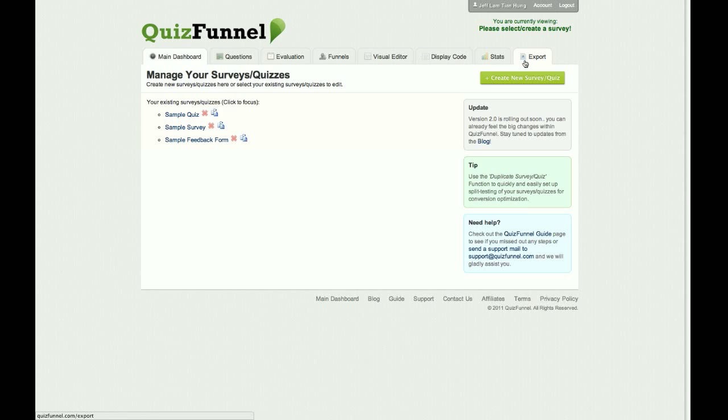Finally, I want to point you to the top right section, just below the Account tab, that says you are currently viewing, and then it says please select or create a new survey. As you are a new user, it is simply indicating that you are not currently viewing any quiz or survey in particular. To do so, you simply have to select one of the quizzes or surveys you have available in the main dashboard tab, and you will notice that the indicator will tell you which quiz or survey you are